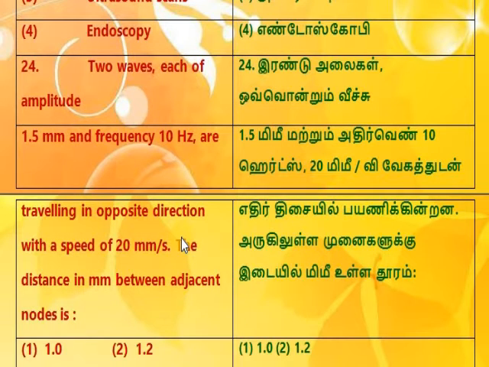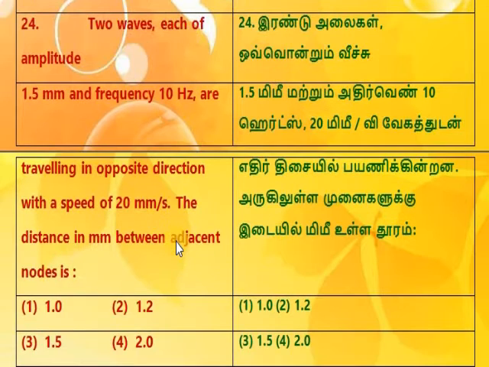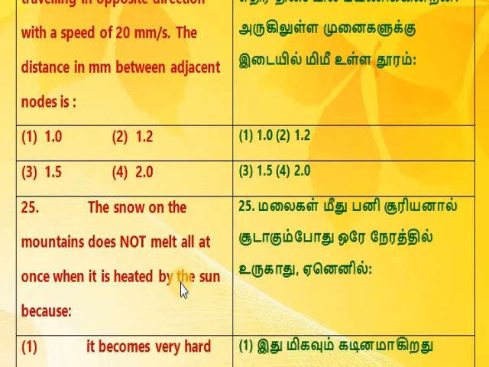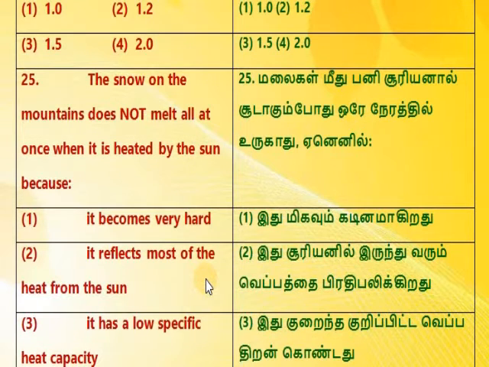Two waves, each of amplitude 1.5 mm and frequency 10 Hz, are traveling in opposite directions with a speed of 20 mm/s. The distance in mm between adjacent nodes is: 1. 1.0. 2. 1.2. 3. 1.5. 4. 2.0. 25. The snow on the mountains does not melt all at once when heated by the sun because: